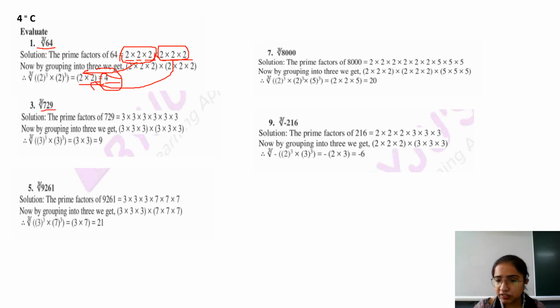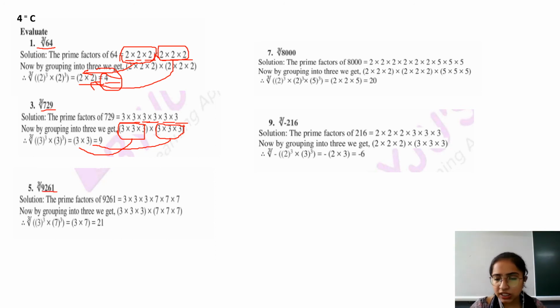Next question, cube root of 729. First of all, you have to make the factors of 729. It will be 3 into 3 into 3 into 3 into 3 into 3. And you will make groups of three same numbers, right? 3 into 3 into 3 will be one group, right? And this 3 into 3 into 3, second group. From the first group, you have to take common 3, and from the second group, you have to take the other 3. And 3 into 3 will be 9. 9 cube is 729. This will be the answer.